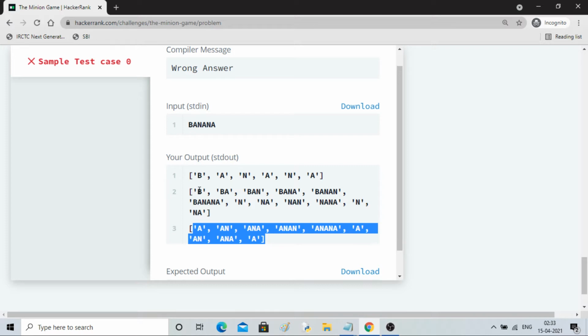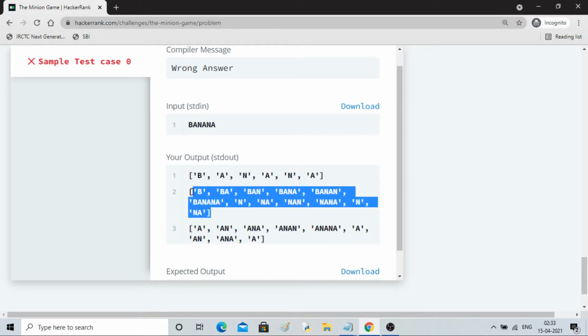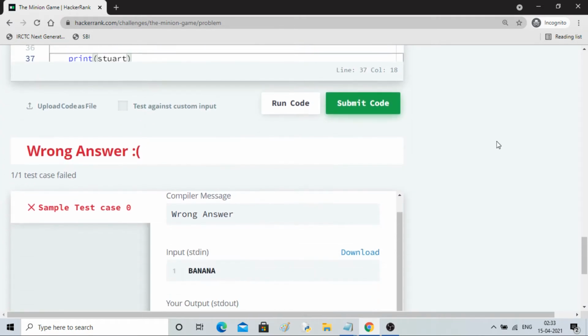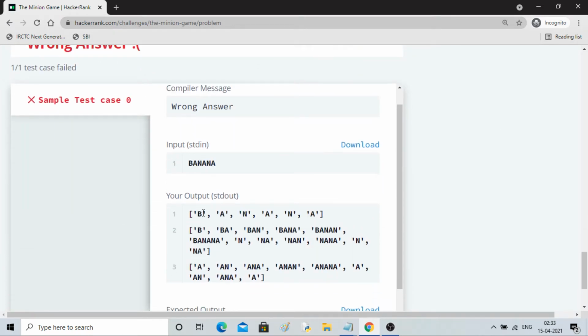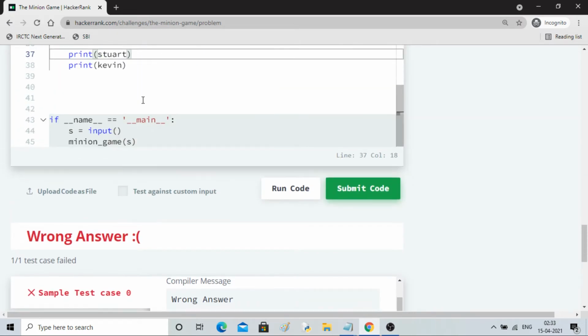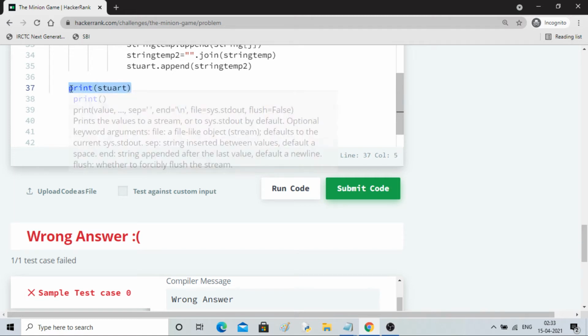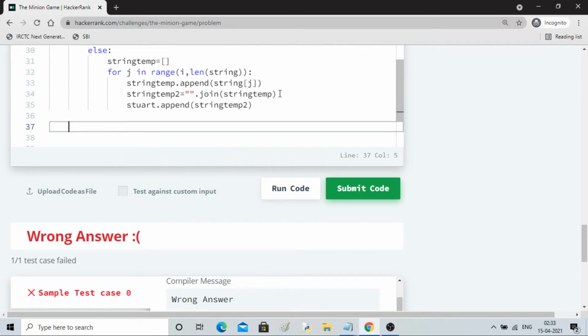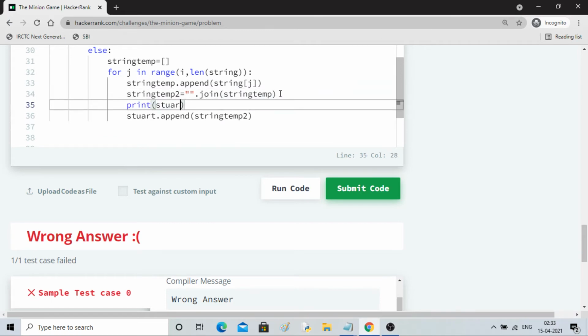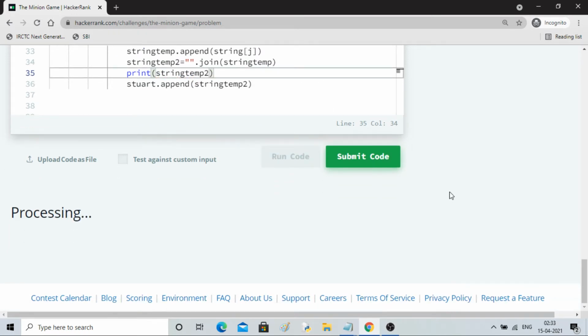Okay, so what you can see here is 1 2 3 4 5 6 7 8 9 10 11 12. 12 are the words, 12 is the score of the guy, right? So what it is doing, okay, let me print it, it is better to visualize. Okay, so first I'll show you string temp. String temp 2, just like Kevin, I will show you his words.